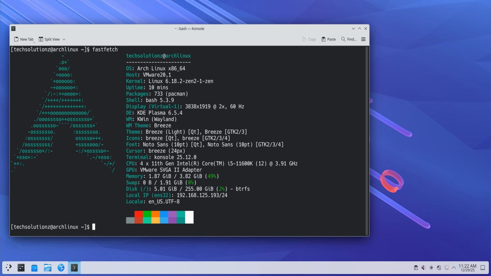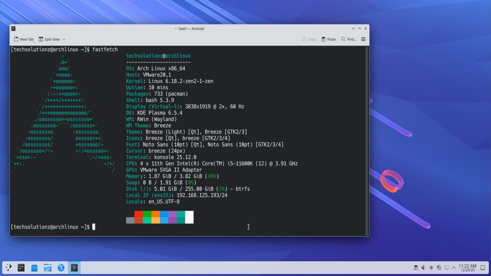These steps don't turn Arch into something bloated. They turn it into something usable, comfortable, and reliable for daily work. By the end, your system will feel complete, polished, and ready for real use. Let's begin. The first thing to do after installing Arch Linux is to make sure your system is fully updated